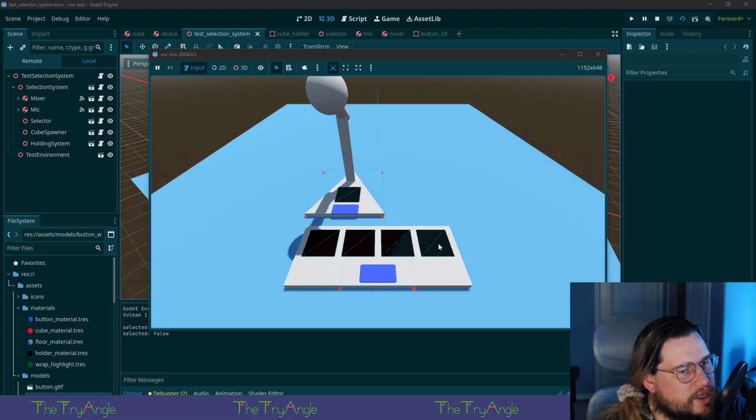Seeing some funky issues with these button holders. Why is it? It's just a tiny thing.